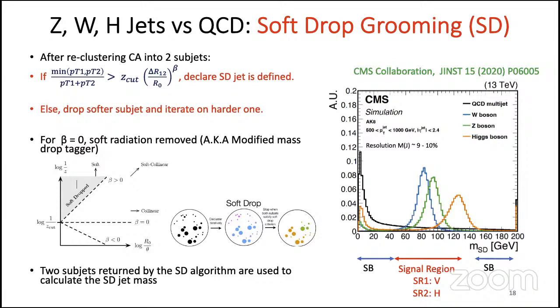So here I show you three physical bosons. This is a simulation, but we can see how the physical bosons are separated from all the QCD background represented in the graph. This signal region depends on which boson we are working with. For example, signal region 1 is treated with bosons like the electroweak boson, and signal region 2 for